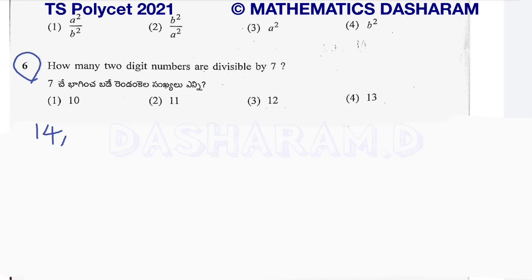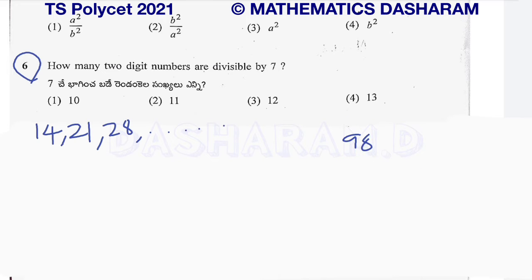Next two-digit number is 21. Next two-digit number is 28. The last two-digit number is 99, but is it divisible by 7 or not, just to verify. 9 ones are 9, 2 remainder 29, so it is not coming in the 7 table. So then 98 will come in the 7 table. 7 ones are 7, 2 remainder 7, 7 fours are 28.